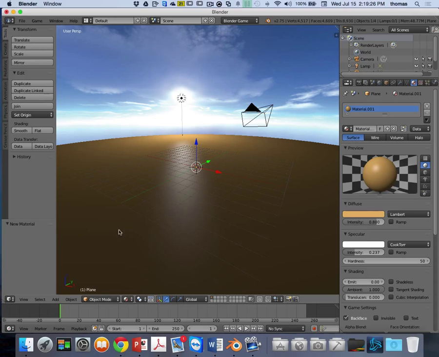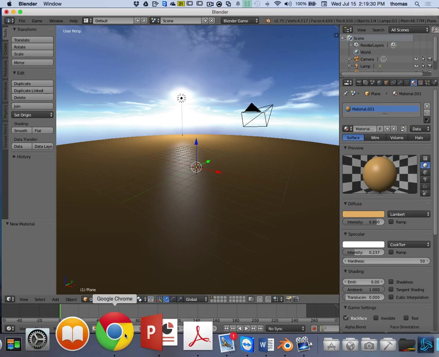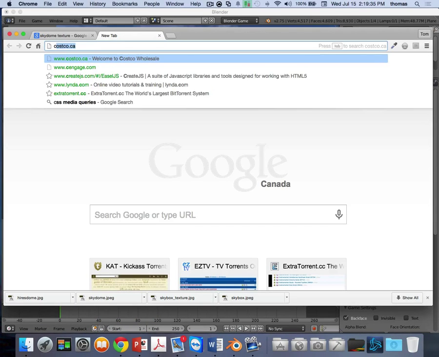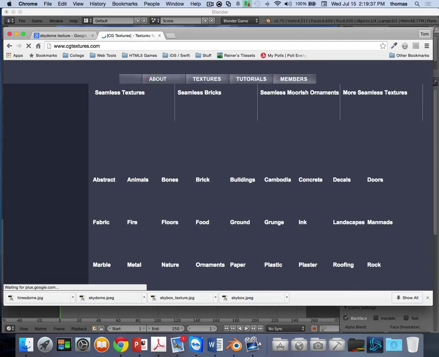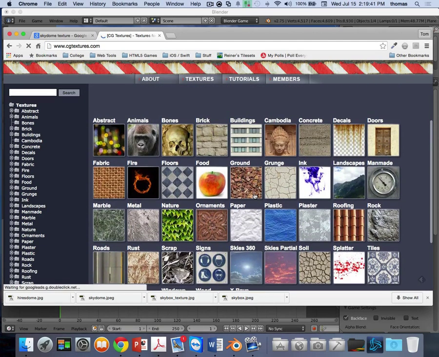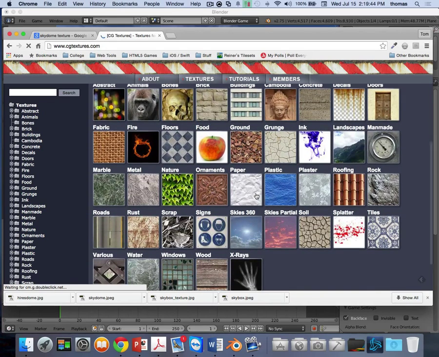So we'll make some grass, right? Almost like a field of grass, right? This is good too because it gives us the idea of doing that. I'll go to cgtextures.com, and in my CG, in this one here, I'm going to grab some kind of grass landscape or something